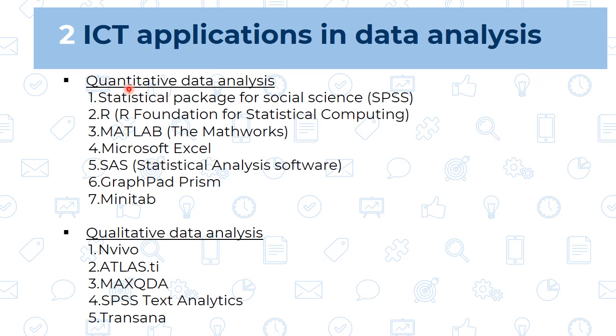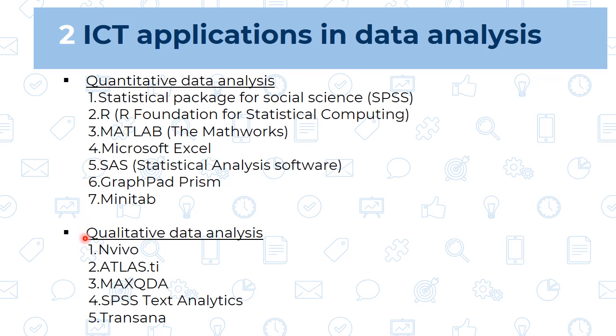Then fifth, that is called statistical analysis software. As we are dealing with quantitative data, means we are dealing with numbers. So whatever numerical data we have, we are going to use it in the statistical analysis software. Then GraphPad Prism. What is the speciality of this? It contains 8 different types of data tables, specially formatted for the analysis you want to run, and it makes it easier to enter the data and even more correctly also. Then 7, that is the Minitab software you can use. So these are the 7 software we can use for quantitative data analysis.